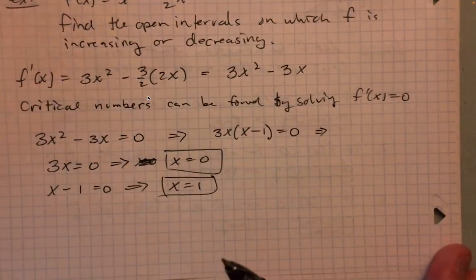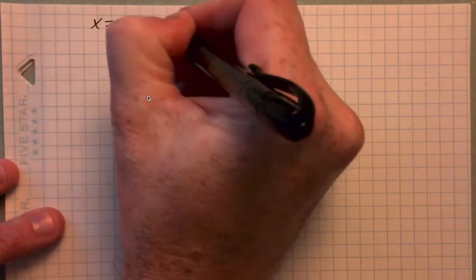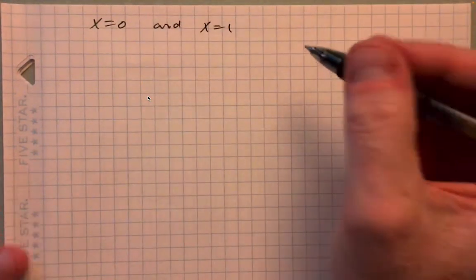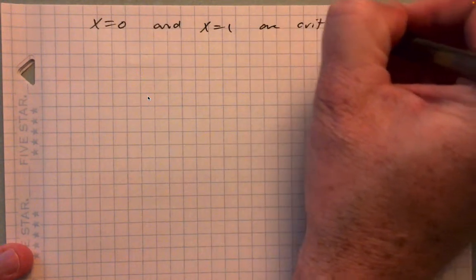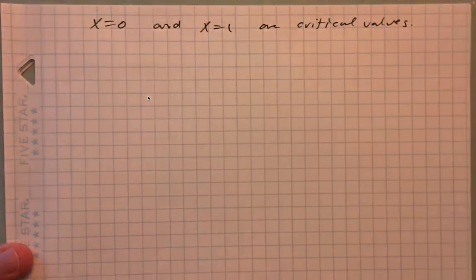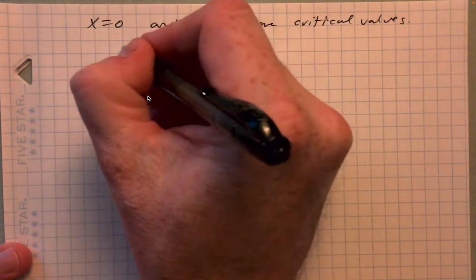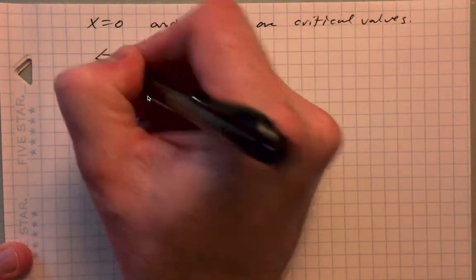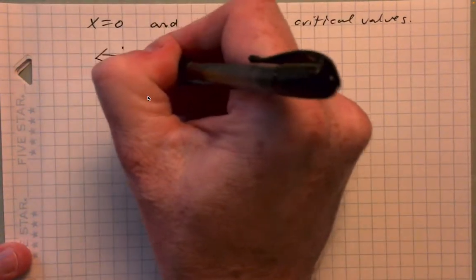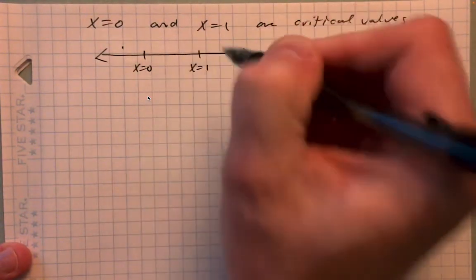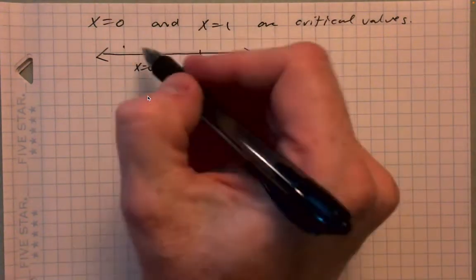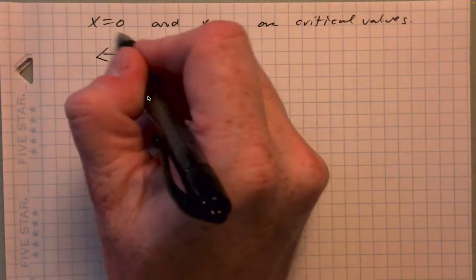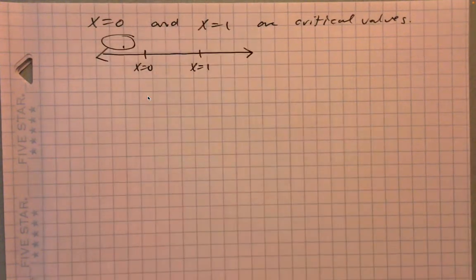So what can we do with this information? Basically, x equals 0 and x equals 1 are critical values. You can think of a number line here, and say this is x equals 0, and this is x equals 1. Those are my two critical values. So there's going to be something going on here with the function,